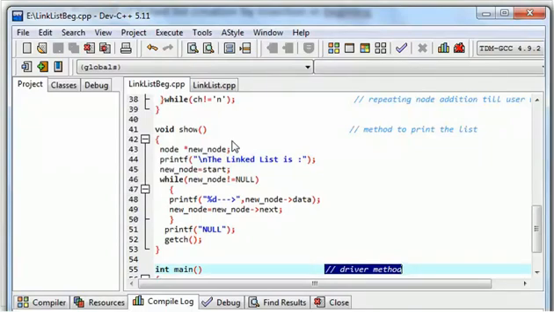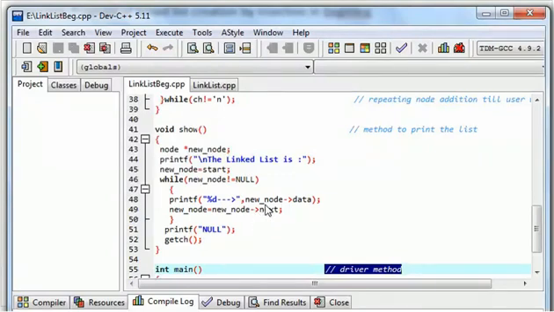So now you can understand why I kept track of this start pointer. Why? Because somehow I need to traverse the linked list. Then I should know what is the starting point of the linked list. So that's why I kept track of that start pointer also. So this show method, it means that starting that this is the pointer, new node, its starting address is start. Until and unless this new node is not null, what I am doing, I am simply printing the data part on the screen and I am incrementing the pointer part of the node.